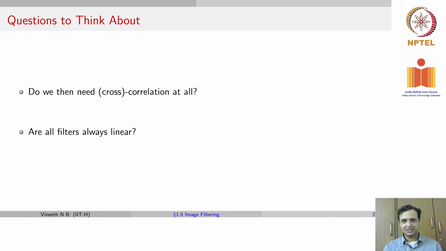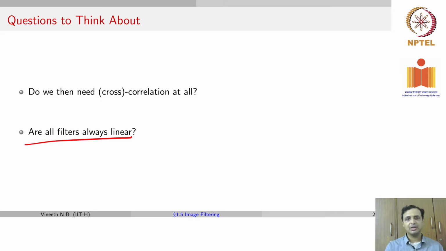So let's end this lecture with a couple of questions for you. We went from defining cross correlation and said that it has a problem when you deal with an impulse signal, and then defined convolution. And then we talked about a few elegant properties that convolution has, which correlation does not have, and then gave a few examples. Now, one question that lingers is, do we need cross correlation at all? Can it be completely replaced by convolution in all kinds of applications? Think about it. We'll answer this in the next lecture, but please do spend some time thinking about it.